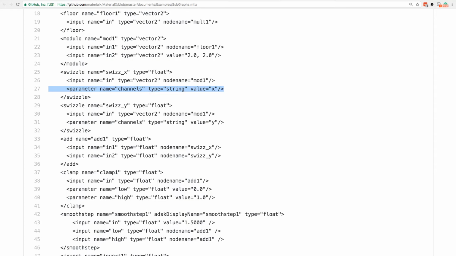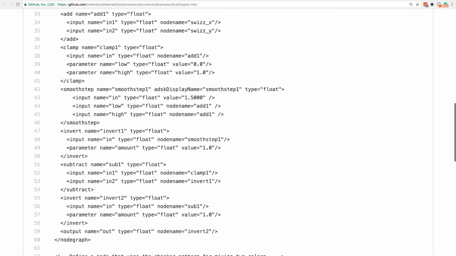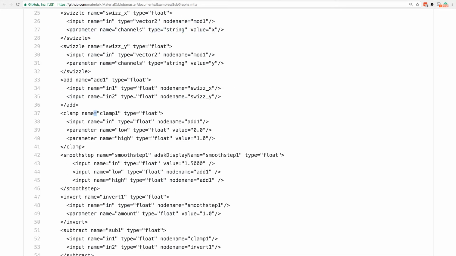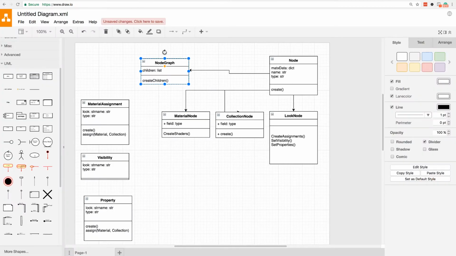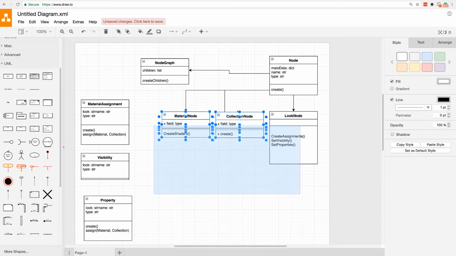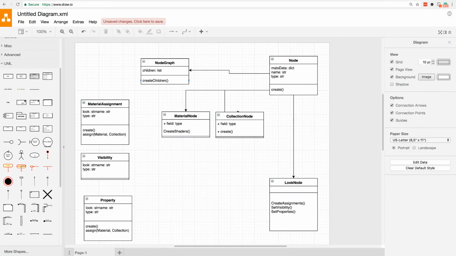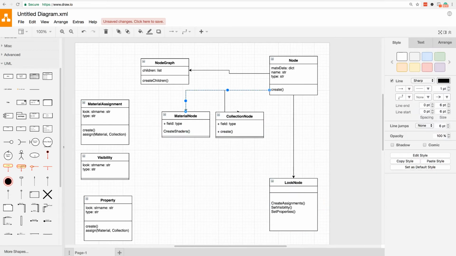So for example, we have here a clamp, which has a couple of inputs and a parameter. So does that mean that every node needs a parameter? So I think we are going to need to create another node here. Let me bring this guy. Can I select all of them? Oh, these guys are not connected. Let me just go ahead and kill them for now. We'll do connections later.